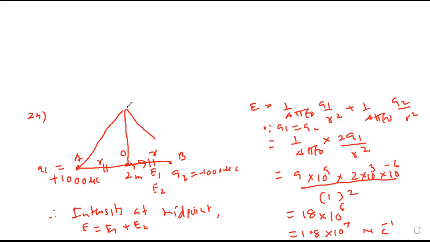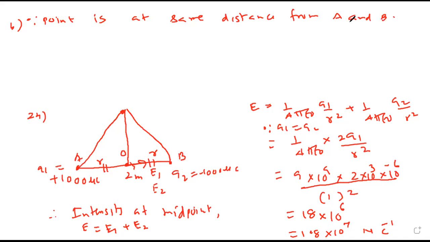If a point is equidistant, it lies on the perpendicular bisector, that is called equator. Since the point is at same distance from A and B, hence it lies on equator. And the formula for equator,